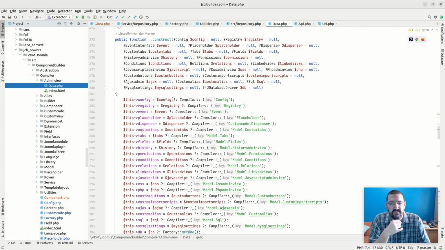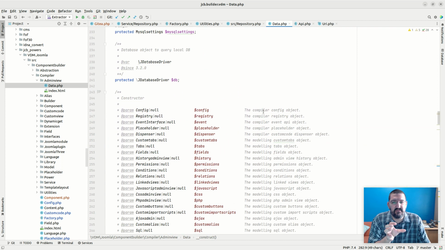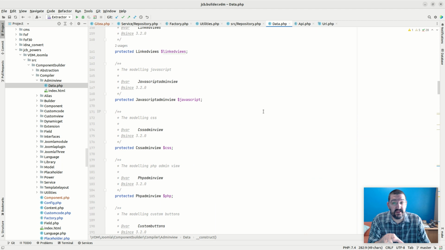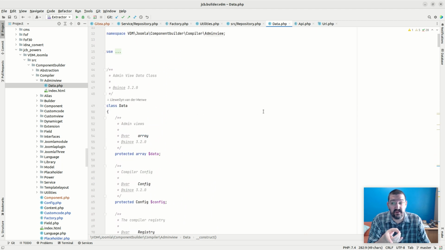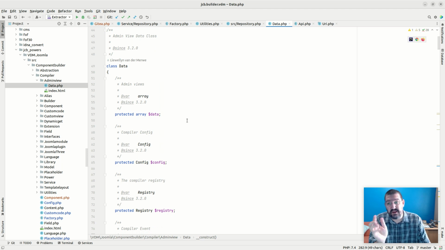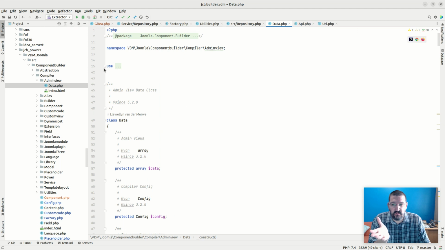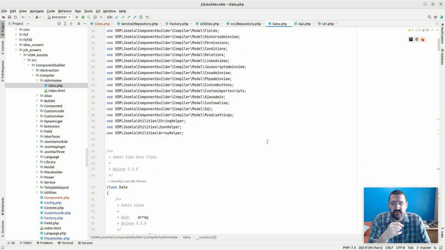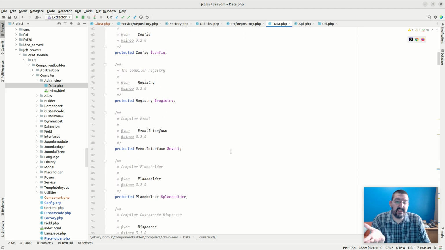Now I have another functionality here, but it's a temporary one, and I probably should stop doing it. And that is this, that you see here. What this is doing for us currently is trying to ensure that even if someone would directly instantiate this data class of the admin view, so let's say somebody did it in the old school way, like include and then new, which is obviously horrible, but, you know, people do strange things. So if they did that,